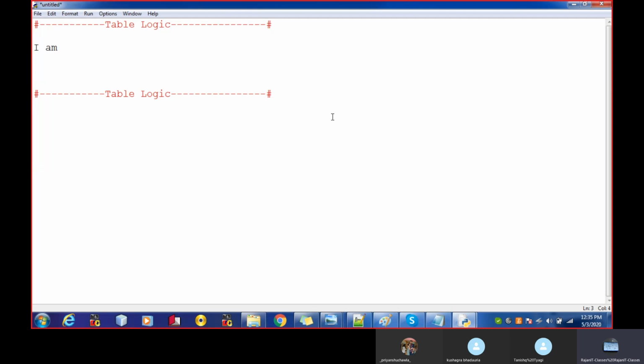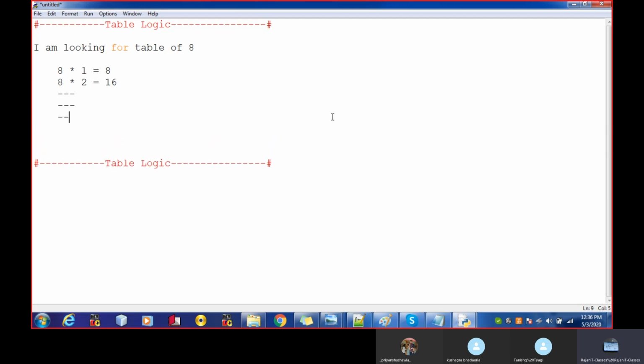If I'm looking for the table of 8, I will have to multiply 8 by 1, and then 8 multiplied by 2, and keep multiplying till 8 multiplied by 10, that is here.